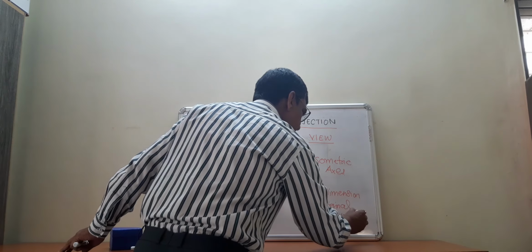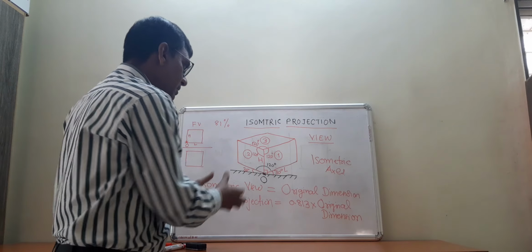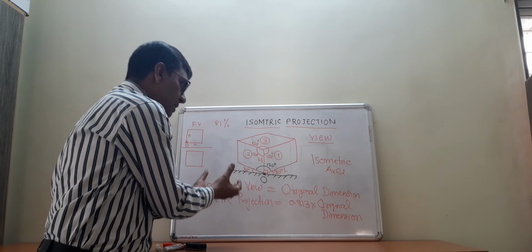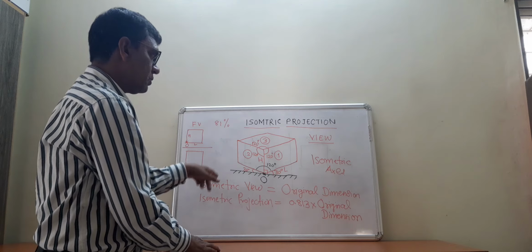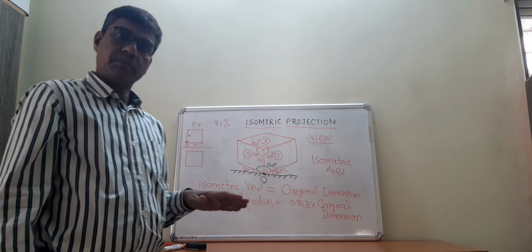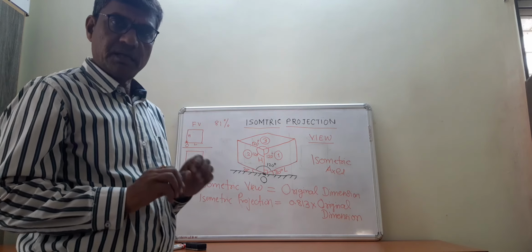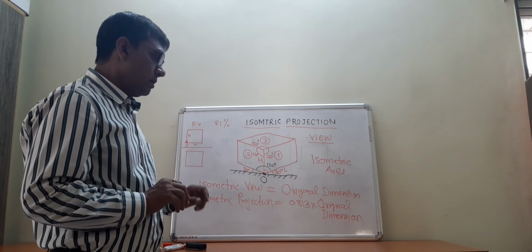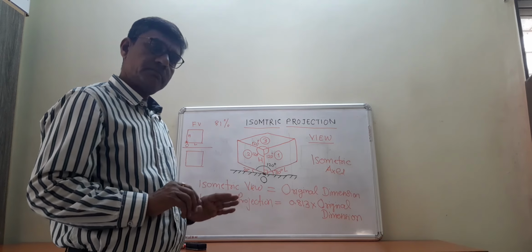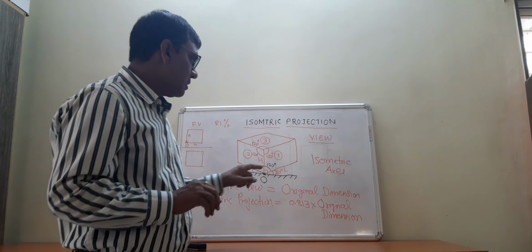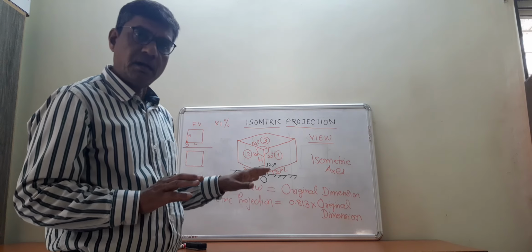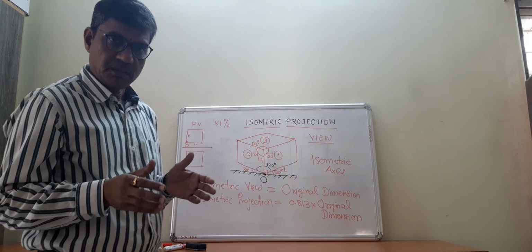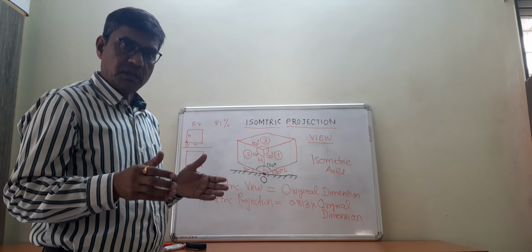So in that case, we know that a dimensionally smaller object will be seen in isometric projection as compared to isometric view. But for our study purpose, in this entire chapter, we are going to work only with isometric view. We will not work with isometric projection, because for every dimension there will be a multiplication factor, and converting every dimension with the help of a multiplication factor is a time consuming process that will take a good amount of time even in the examination.